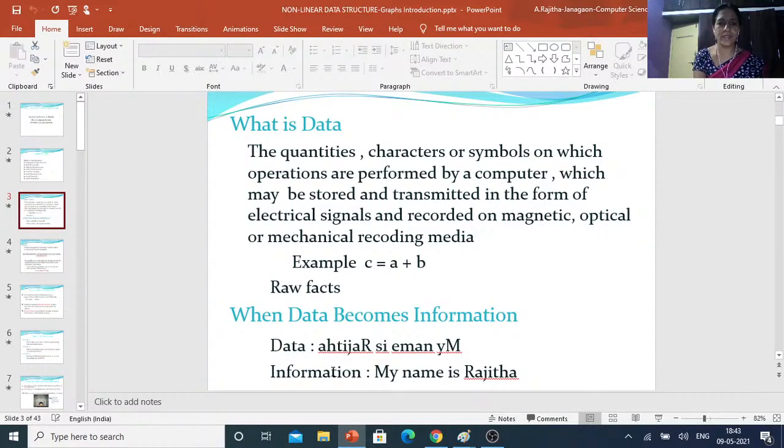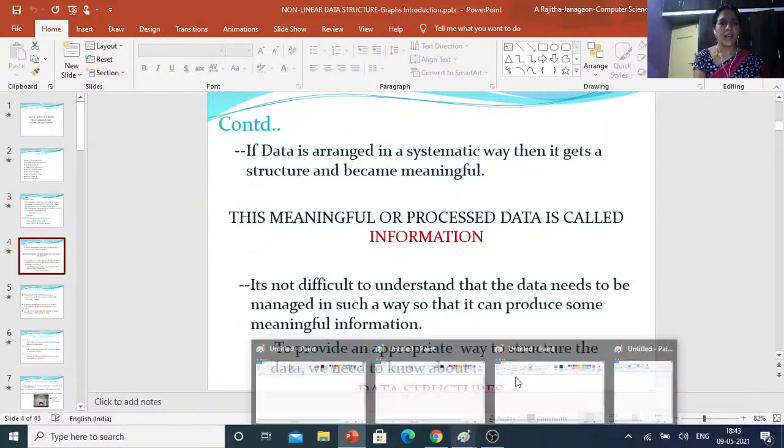Now coming to information. Here, my name is Rajita, so now it is in some readable, understandable format. That is data becoming information. How is it possible?